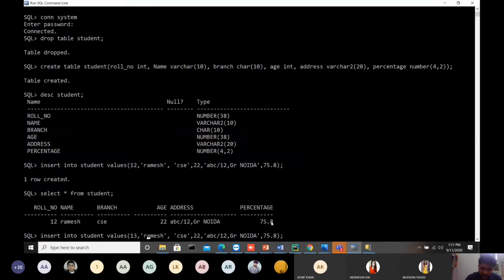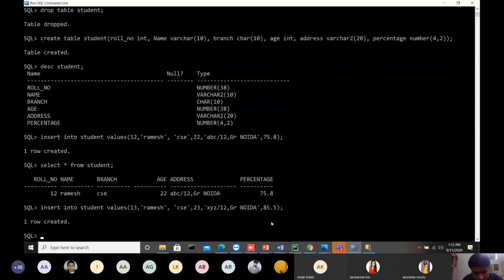Again, name is Ramesh, CSE, and here we have changed the age, and the address is also changed, for example XYZ, Greater Noida, and percentage is 85.8 for example. So again, one more value is inserted, right?